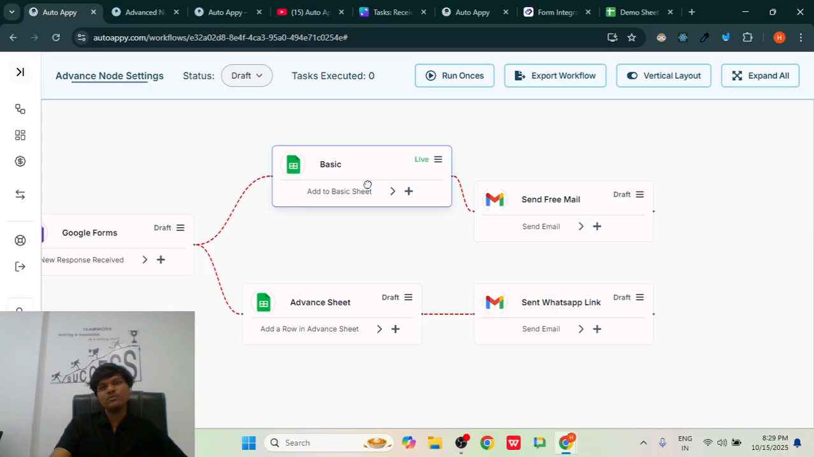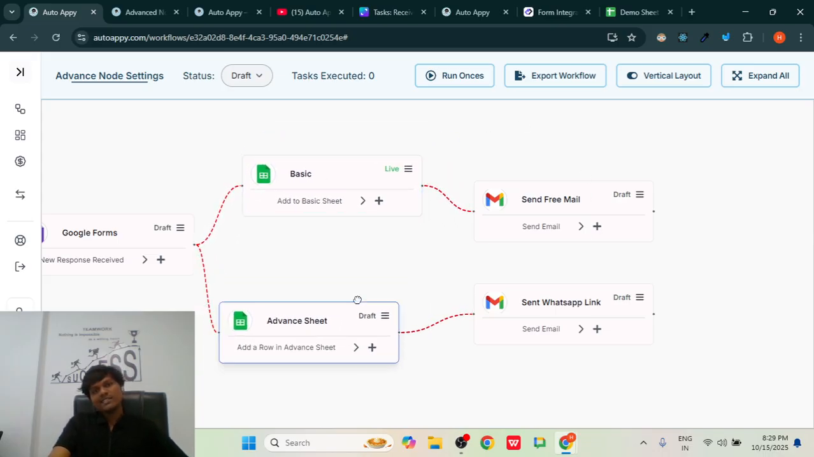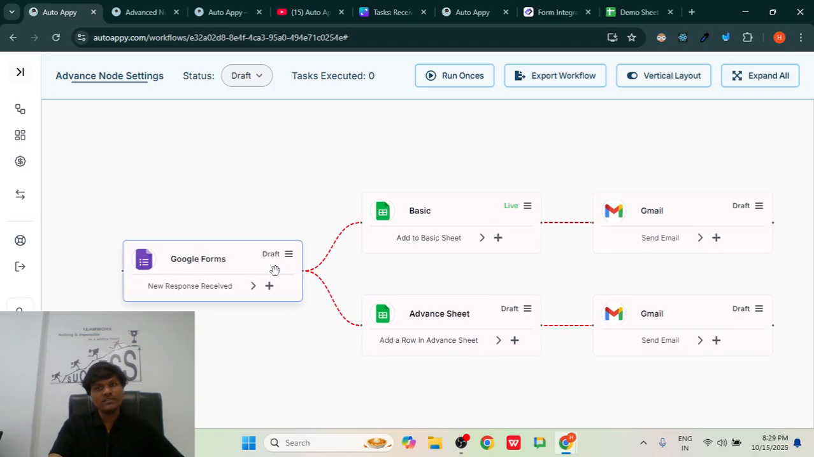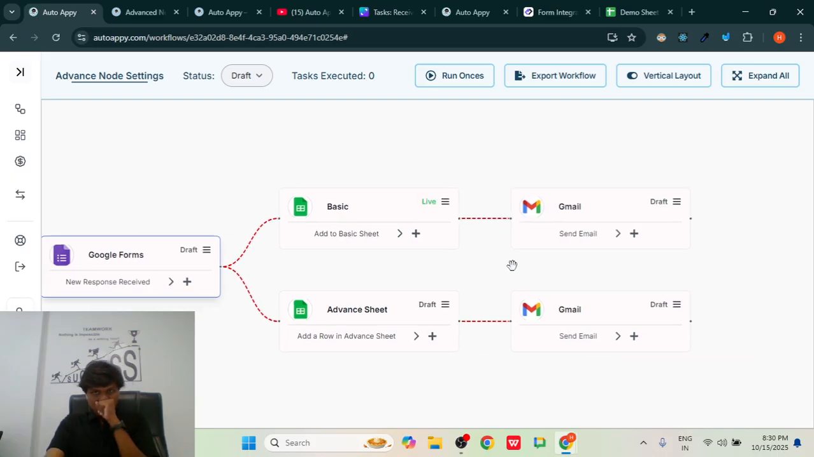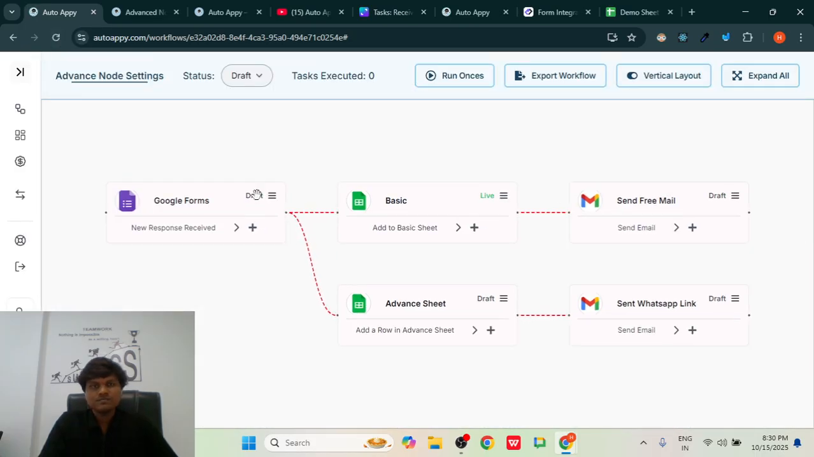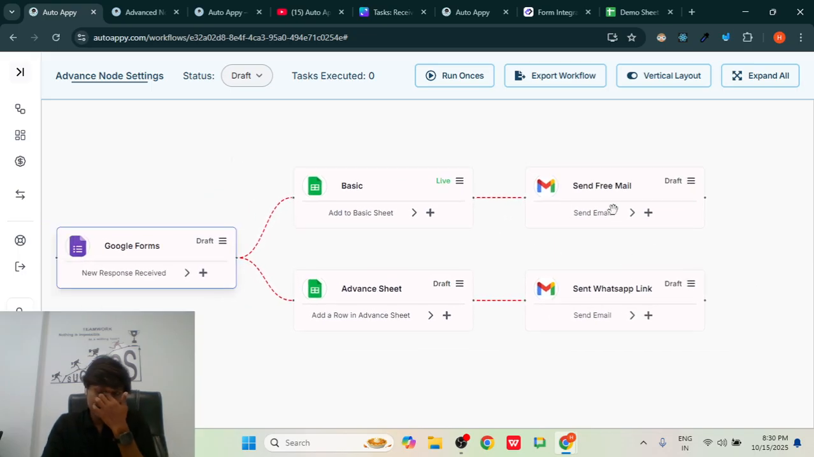Whatever action you perform here was reflected in this node, and whatever actions you have performed here were reflected in this node. So that's why these are two different nodes, right? If you refresh the tab, you are able to see the data reflected properly. If something is not updated, you just try to